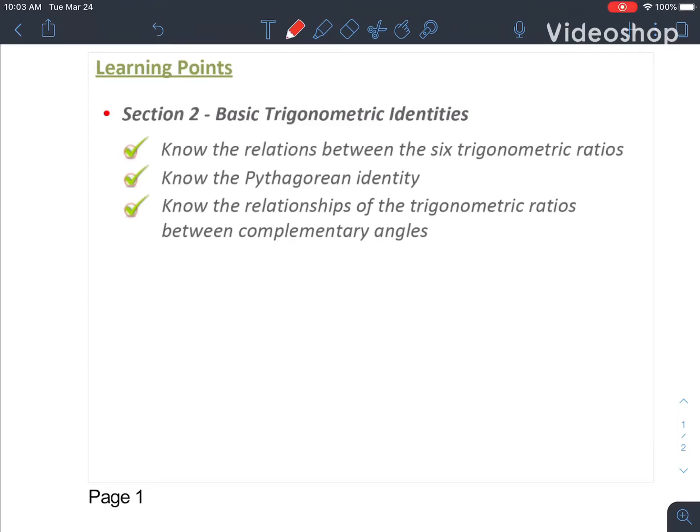Hey everybody, in this video we're going to continue on with trigonometry. Now you may have noticed that we didn't finish all the points in section 1, and here it says that we're in section 2. I'm going to be jumbling up the sections a little bit, just because I think there's a better order than what the book was going to have. So I think when you see the questions that we're doing in section 2,